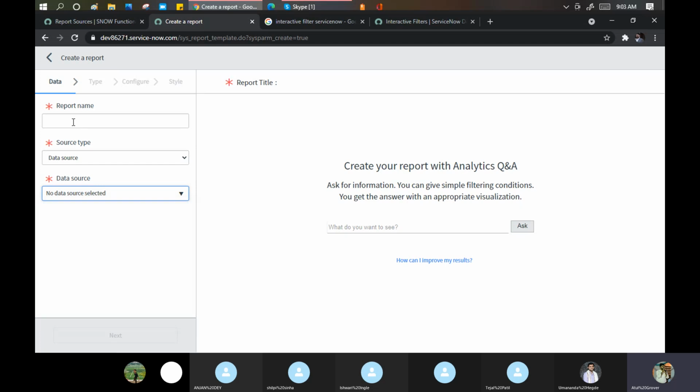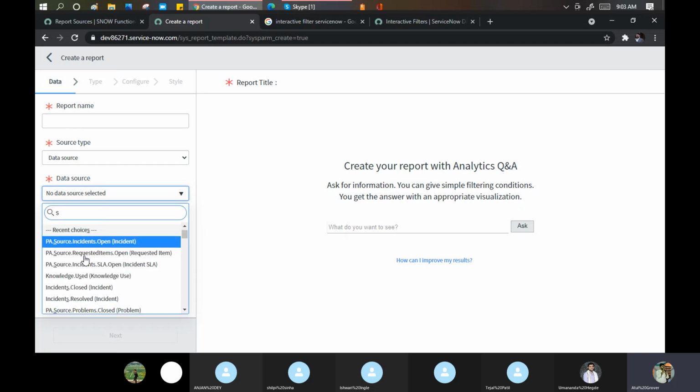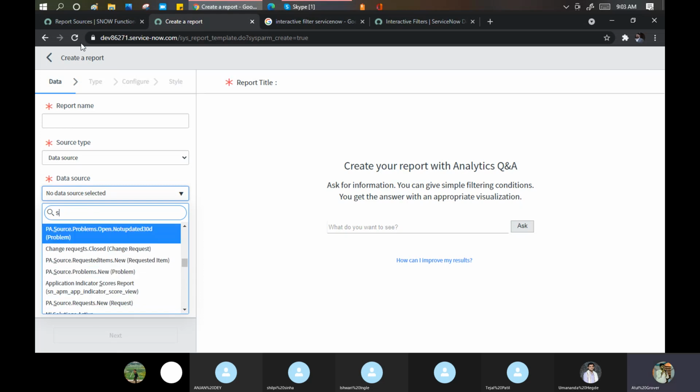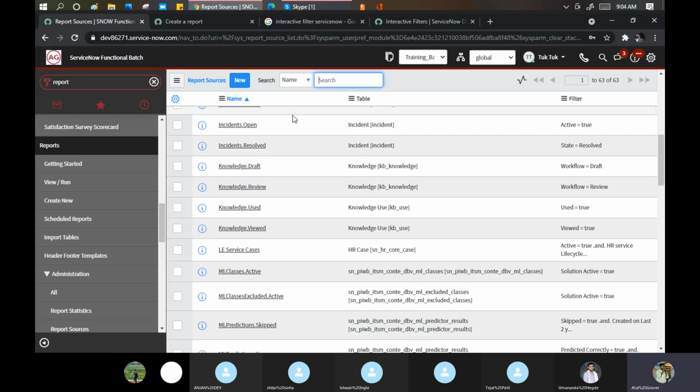Let me put some name first. You can see these data sources are my reporting source here. What do you mean by the data source? A data source is an inbuilt query which has some specific conditions in the background, instead of putting the table name.